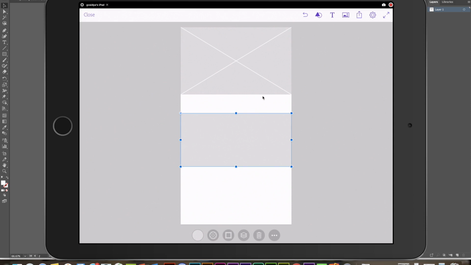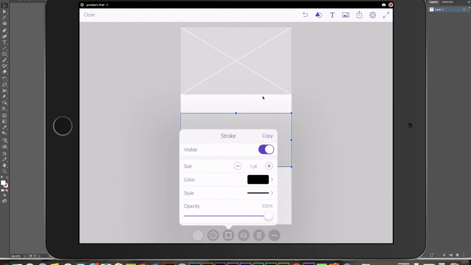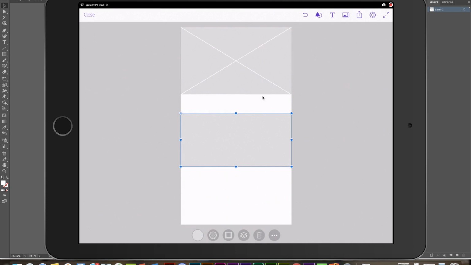And the reason why I prefer using a rectangle rather than an image frame is that with a rectangle you get an option to control the stroke, as you can see right here. While with image frames, for some reason they automatically come with a stroke, and many times within Illustrator you'd have to remove this stroke manually. So if you're fine with it, that's cool. Otherwise, if you definitely do not want a stroke, then make sure you